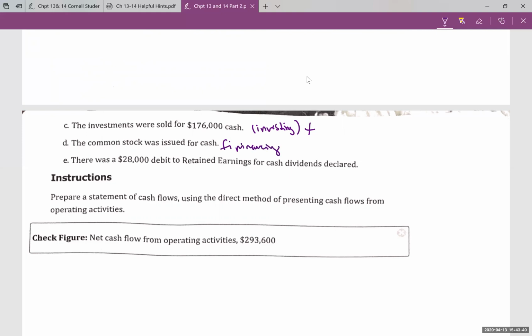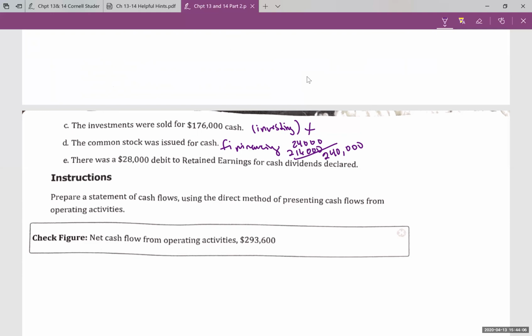Okay. And a couple different things to note here. We had the 24,000 and the 216,000, and that equals 240,000. Okay. Also,